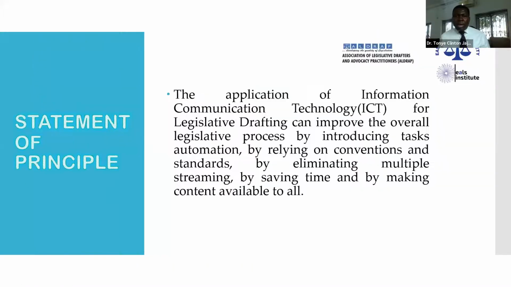Next slide, please. Now, information and communication technology includes computers, phones, even the internet, anything, a tablet, that can be used to communicate. Legislative drafting is a form of communication. The government has an idea, a policy, and wants to communicate it to the citizens. Citizens are the ones who obey the law. So how can we use ICT tools to communicate the law to the public, the citizens?